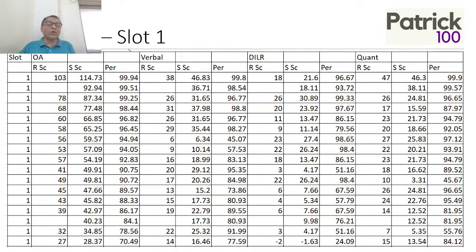So this is approximately CAT 20 slot 1, how much the scaling has taken place for different scores. I've taken a high score and a lower score. Look at the high score, the scaling has gone to almost plus 11 here, whereas at the low end the scaling is plus 2, plus 3, plus 4. Remember that. This is the raw score, this is the scale score. The scaling differs based on the section. Here the scaling is very low, 49 to 49.81, because he has scored higher marks in DLR, whereas in this case the scaling is much higher because he has scored more marks in verbal. So scaling differs from section to section.